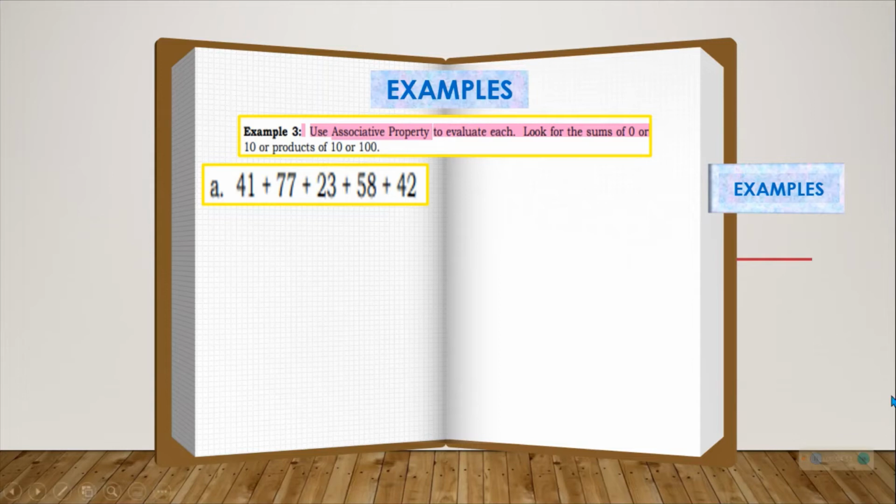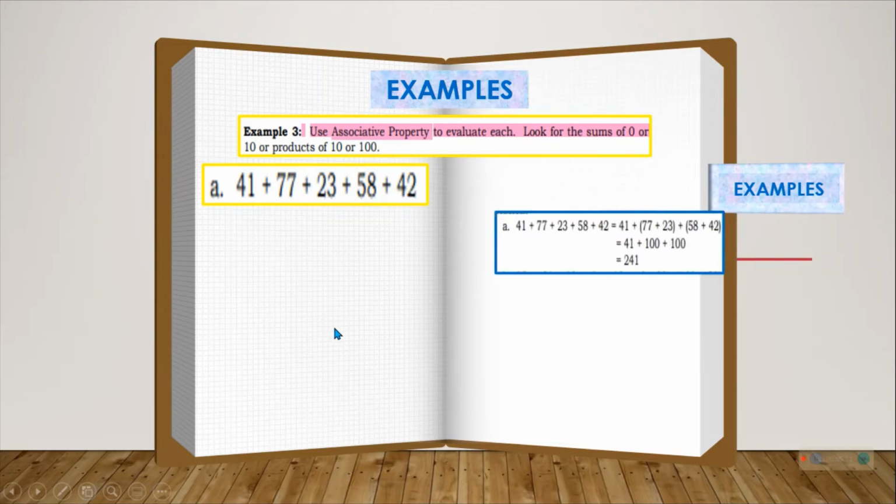So, hanapin daw natin na kapag pinagsama mo ay mag-equal ng 10 or 100. So, ito yung magkasama. 58 tsaka 42, that is 100. Then 77 plus 23, that is also 100. So, dalawang 100 natin. Automatic, that is 200. Plus 41, so the answer is